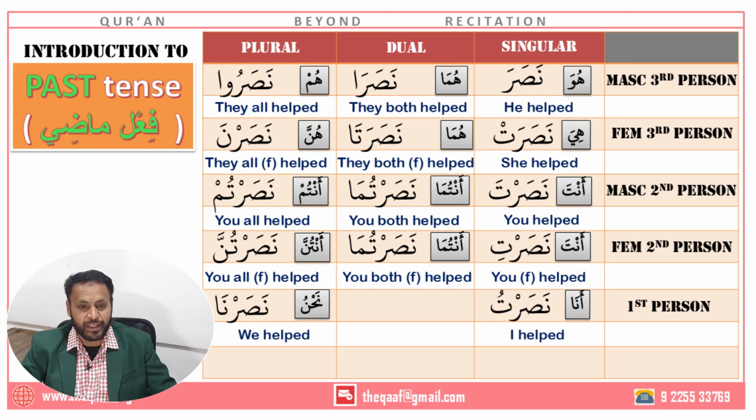Okay, nasara. Now 95% of the Arabic words are made from 3 root letters. Every word is made from 3 root letters. Even if you see more than 3 letters in it, the root letters will be 3. We'll study that later: how do we figure out what the root letters are, and which are the additional letters. But the basic form is this, nasara, 3 root letters.